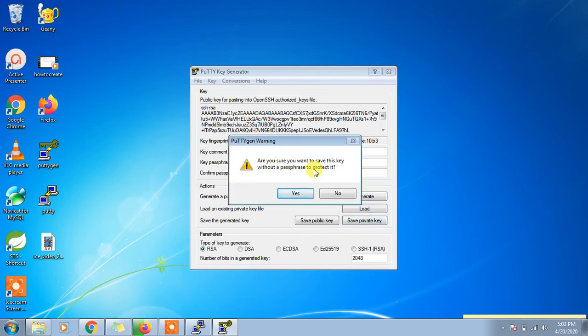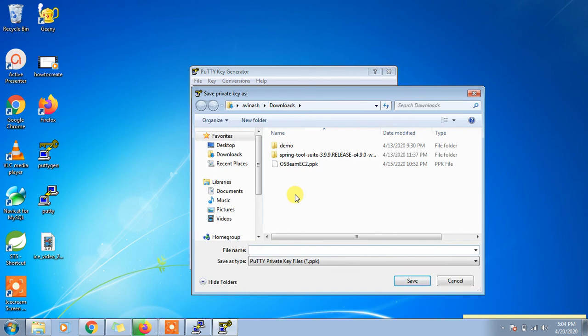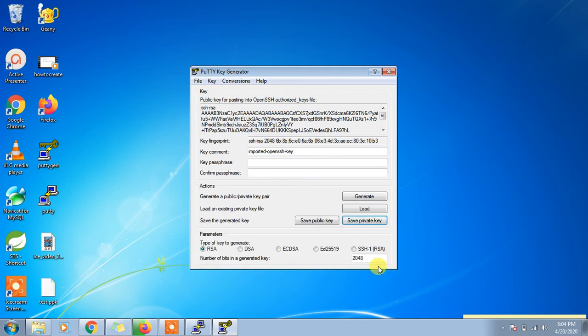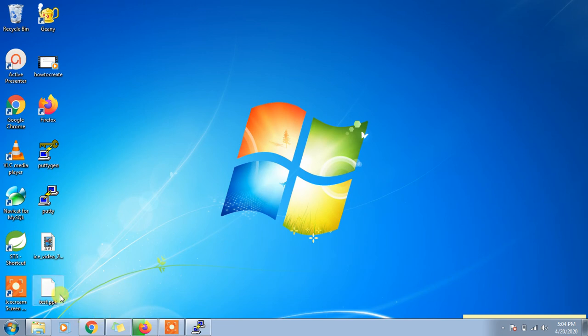It will ask whether you want to save this key without a passphrase to protect it. If you select no, it is going to create a PPK file without any passphrase. But if you want to apply some additional security, then you choose yes, as I have. You can save it anywhere, for example test.ppk. That's it. In this way, you can create your PPK file.